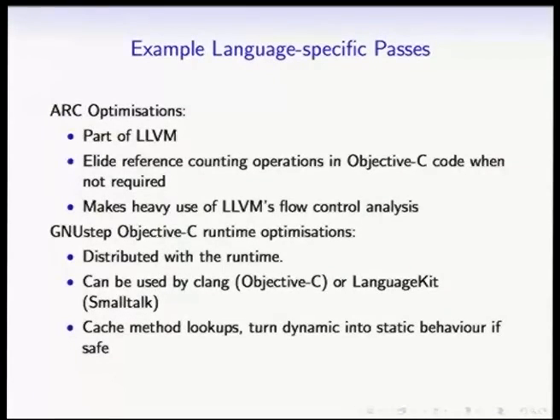So if you have a common pattern in some library that you use a lot that could be made faster, it's really easy to write an LLVM optimization that is specific to your particular framework and just add that to your compilation. So, for example, for Qt's signals and slots mechanism, someone's looking at speeding that up by taking advantage of the fact that we can just plug extra optimizations in that are only relevant to Qt. And for the GNUstep Objective-C runtime, there are a few that do things like inline caching.